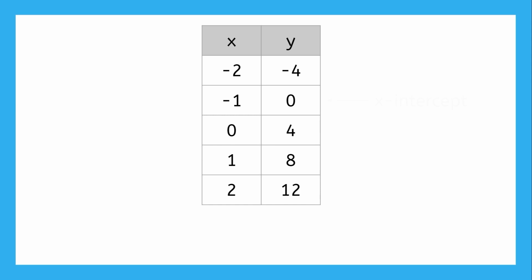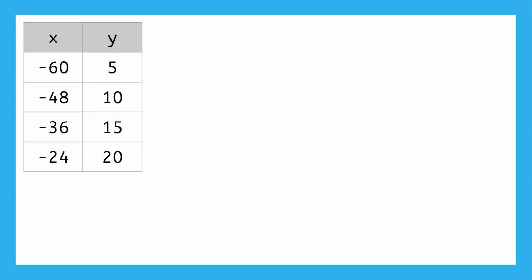In this example, here is the x-intercept, and here is the y-intercept. Well, how do we know that? Remember the defining feature of intercepts. One of the values is 0. This is how we'll find the intercepts from a table. Find the points where either coordinate is 0. But it's not always that simple. This table doesn't have a 0 for x or y, but we can find them by continuing the pattern.